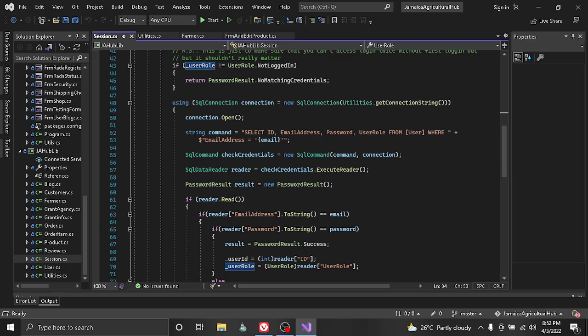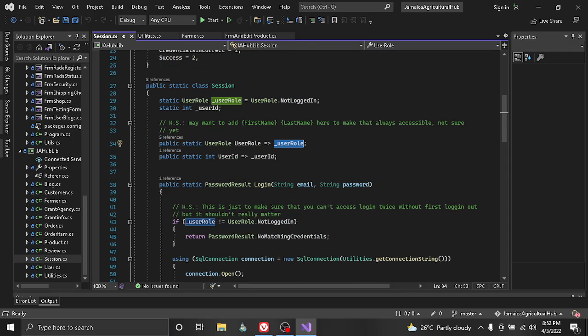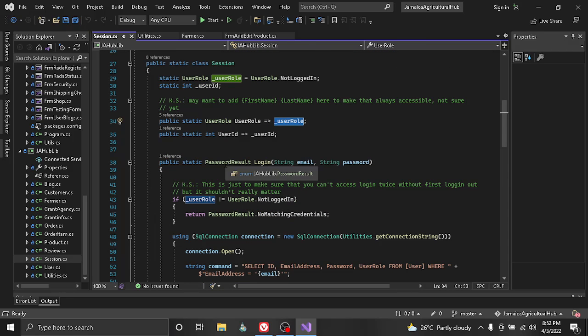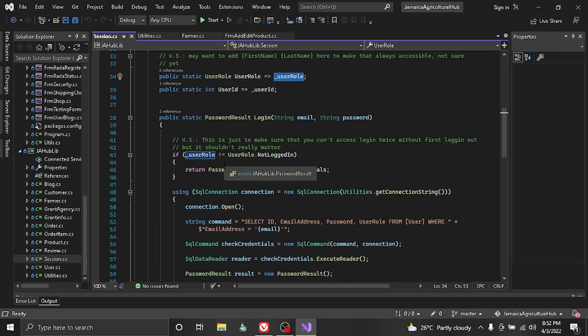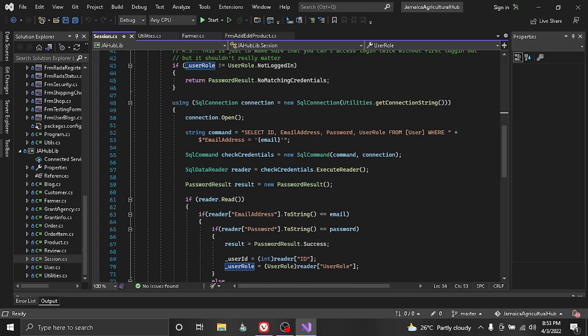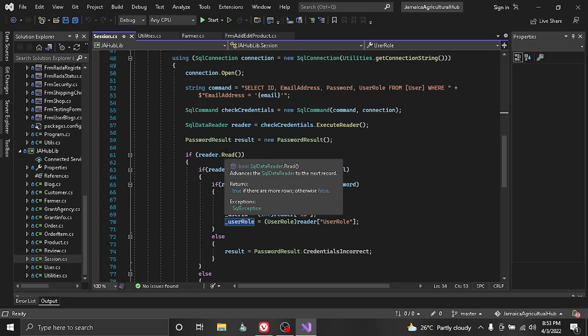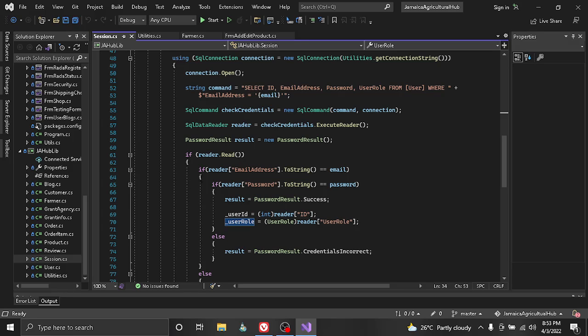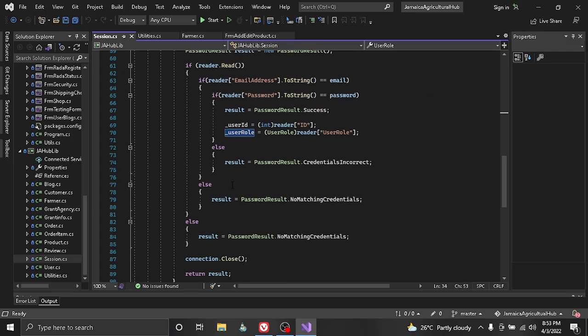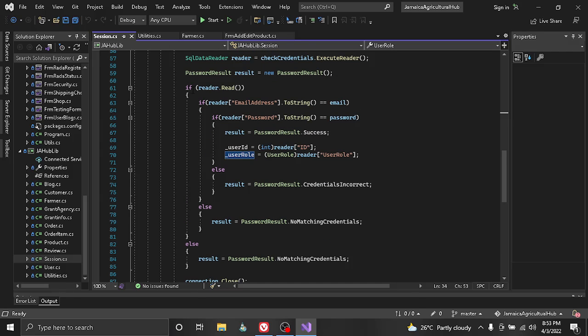Execute reader, right? So the password result is equal to new password result. A new password result is, I think that is somewhere. Let me go and look. Oh, we're actually inside password result. Cool. Password result equal new password result. And then if reader read, okay. I generally use a while here, I think. No, if the statement is correct, if you read anything,